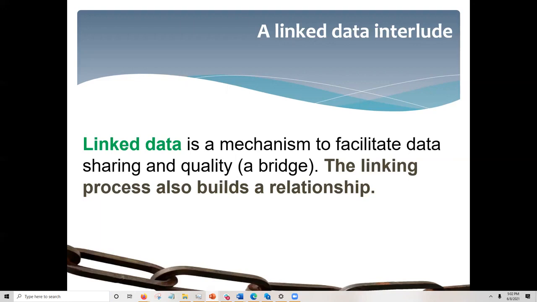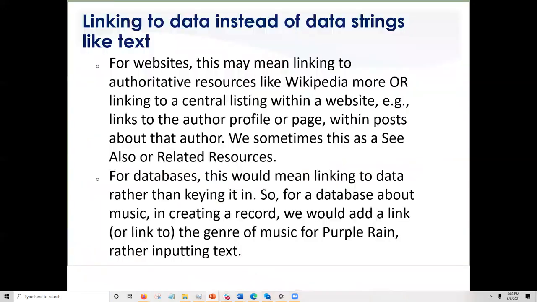So we're looking at my little map of social media, art stuff, and all those links, linking all that stuff together. Each one of those links is also a potential data point. Certainly for websites, digital archives, institutional repositories, linking to an authoritative resource like Wikipedia or Wikidata, even to an author profile page, any of that kind of stuff,